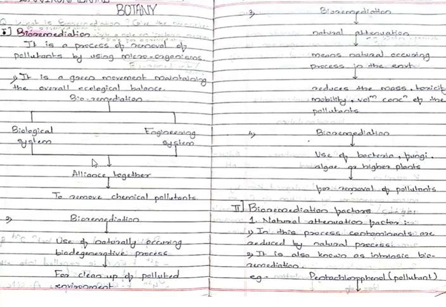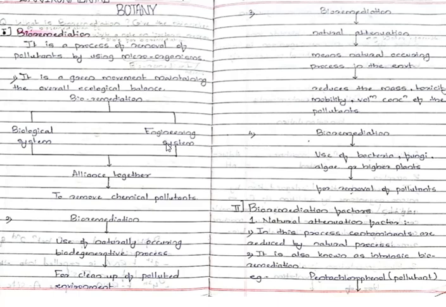It aims at reducing the toxicity, mobility or volume of concentration of the heavy metals. Also, in bioremediation, microorganisms like bacteria, fungi, algae or higher plants are used to remove the pollutants